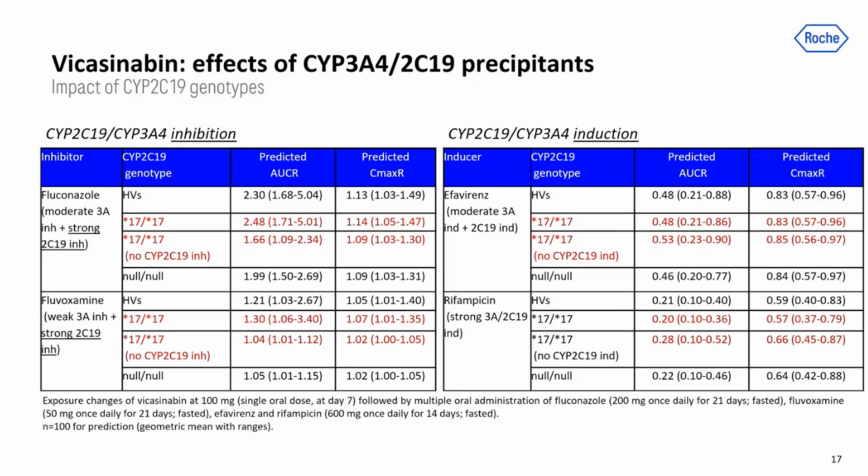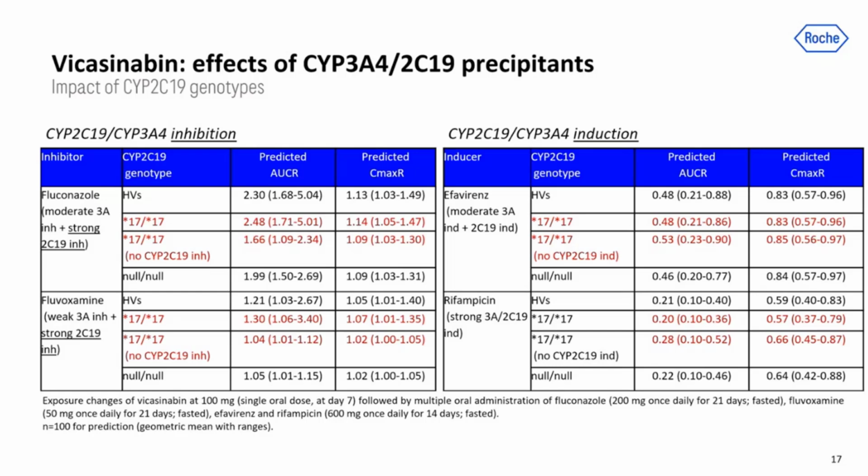Again, we may not identify this kind of difference in the clinical setting, but we see some difference theoretically. The same exercise was done for the weak CYP3A4 inhibitor fluvoxamine, showing the strong inhibition effect on CYP2C19, and the same tendency was observed using the star 17 population. And for induction, you can see on the right-hand side and bottom row in the table